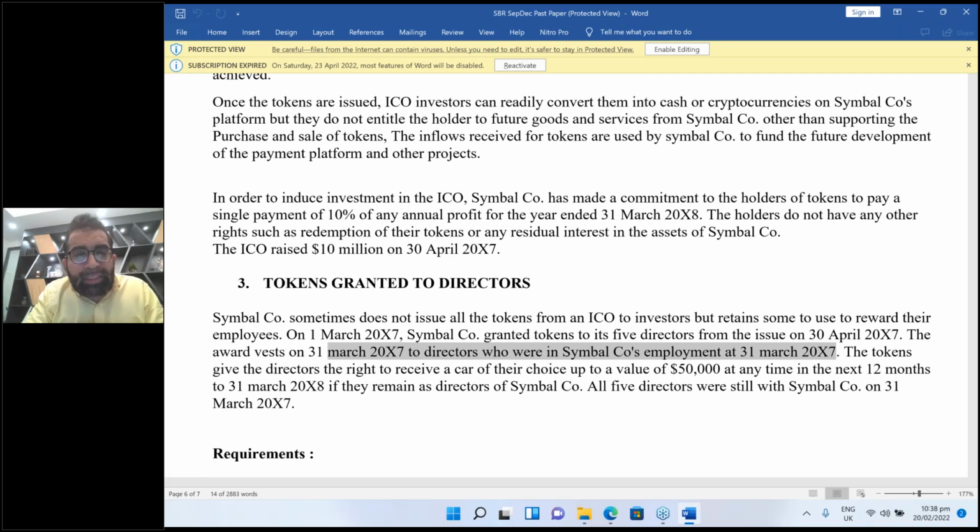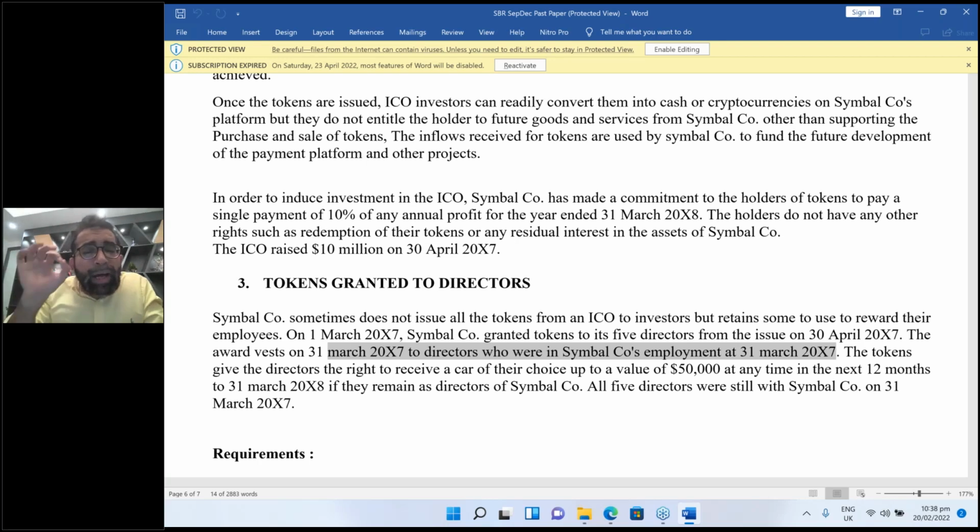Now, the next question, which IAS is to be applied? Is this IFRS 2? No, because the company has promised to give them tokens. These tokens are not the shares of the company, and IFRS 2 clearly says if you provide shares of your own company or your group of companies, or cash equivalent to the market price of your own shares, then it is in the scope of IFRS 2. So this is no more IFRS 2.